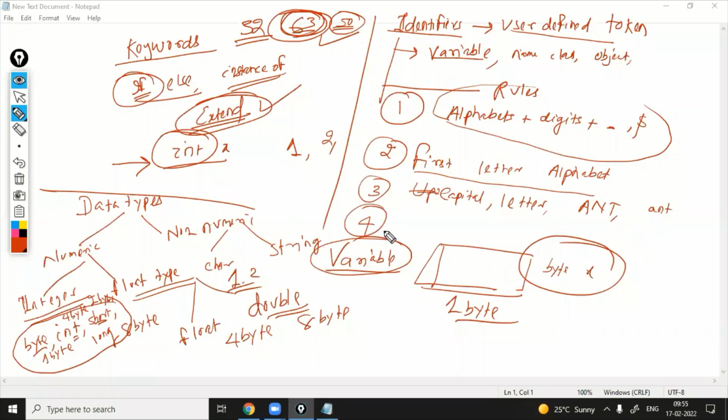Okay, did you understand how to declare a variable? To declare a variable, you need a data type and the name of the variable. Remember the integer category has four types: byte, short, integer and long, and in the real category you can write float type and double type. Double type takes more memory, float type 4 bytes and double 8 bytes. Please remember that while declaring your variable.